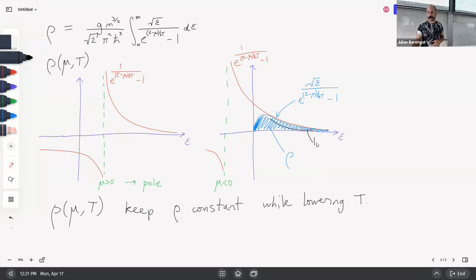Lower temperature. I'll come back. And then you might have a graph that looks something like this, where the density has stayed the same, but the temperature has changed. How can I do that? All of these prefactors, G, M, pi, H bar, they're all fixed. So I can't just arbitrarily change the scale here, but I can change mu. So if I make mu get closer to, make mu increase this way,